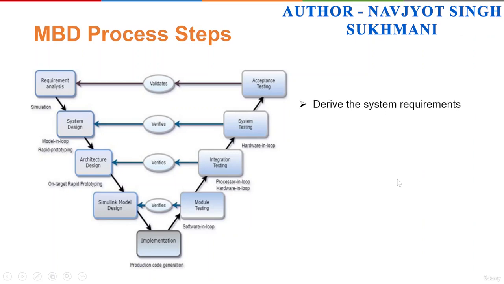Okay, so first step is derive the system requirement. So what inside it? Based on customer goals and research system engineering, derive the system requirement specification. The requirement specifications cover physical and functional aspects. Regulation and guidelines are also taken into account. Regulation and guidelines means if in automotive we are following ISO 26262 guidelines and all these things. Okay, so the system engineering creates executable system specification models which can be reused and enhanced during the further